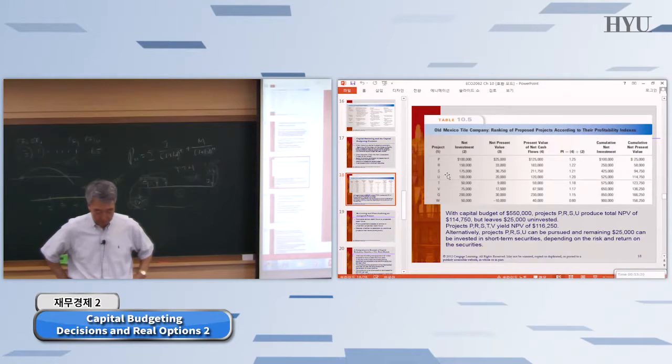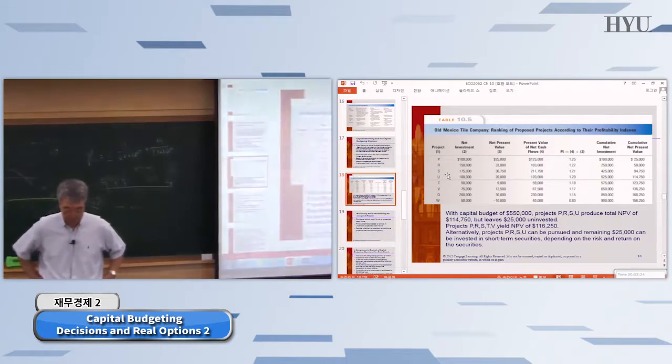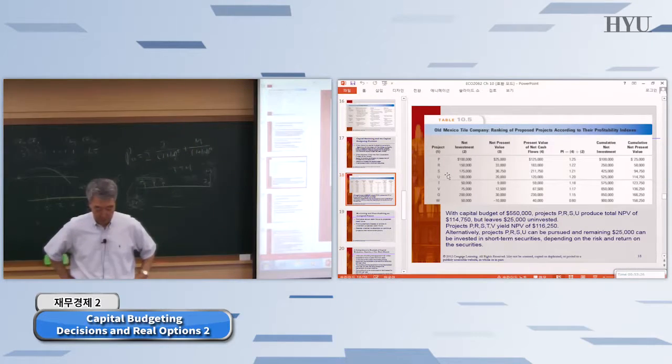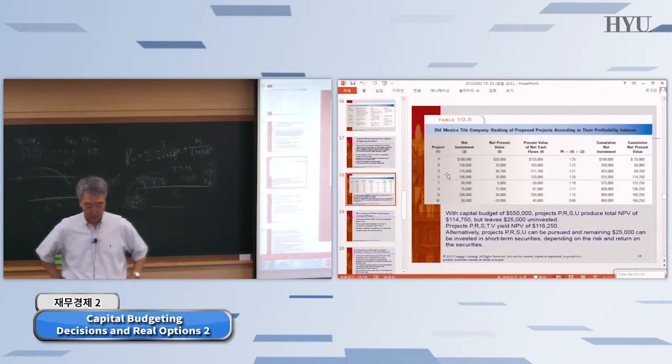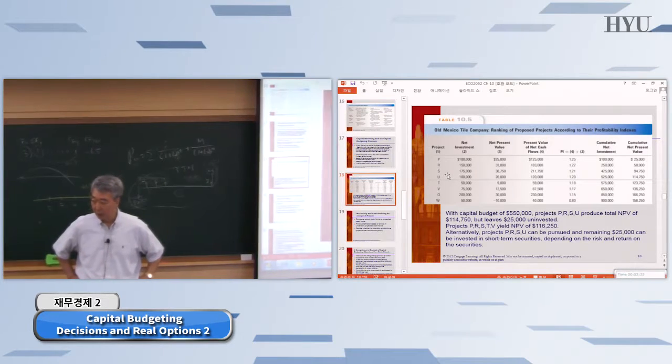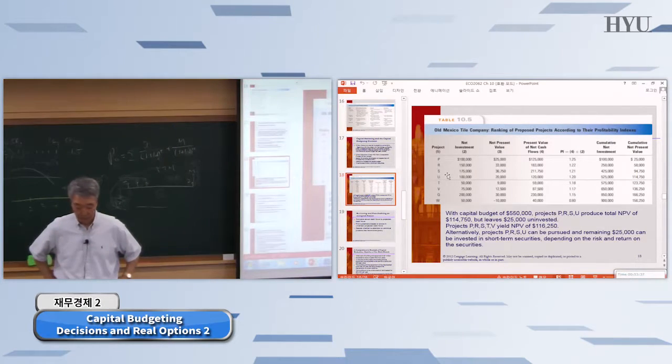So if you drop U, then you save $100,000, but instead you add T and V. T and V together cost what? $125,000. So if you add them up,